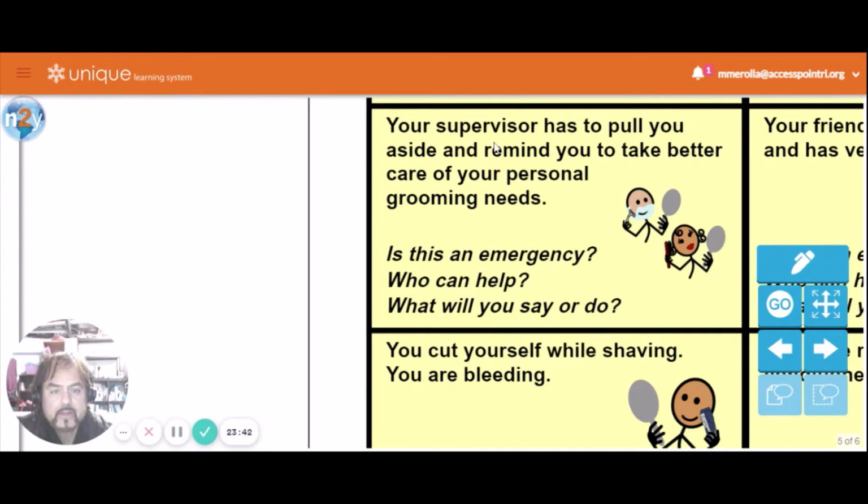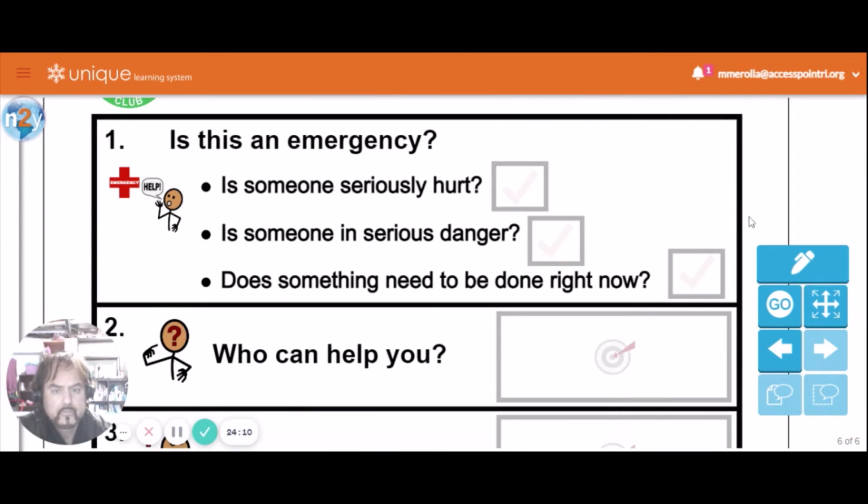Okay, your supervisor or your boss has to pull you aside and remind you to take better care of your personal grooming needs. So I guess you must have forgotten to shave or use deodorant, or you haven't washed your hair and your face is dirty, whatever. Okay, let's go to our problem-solving guide.